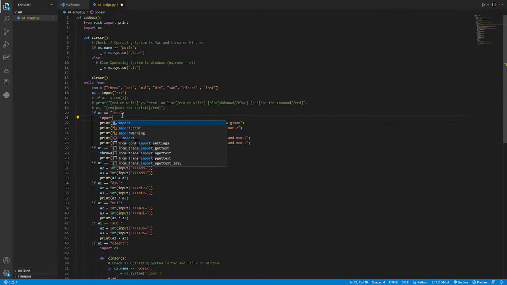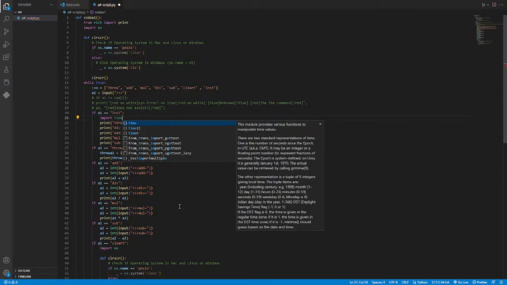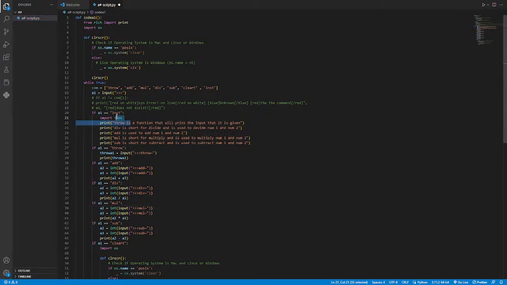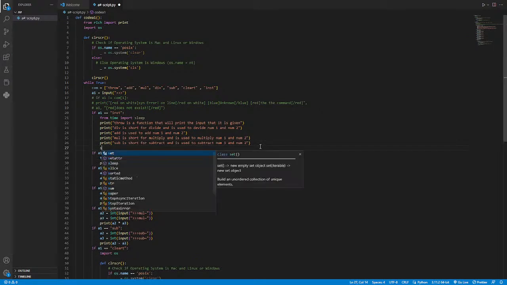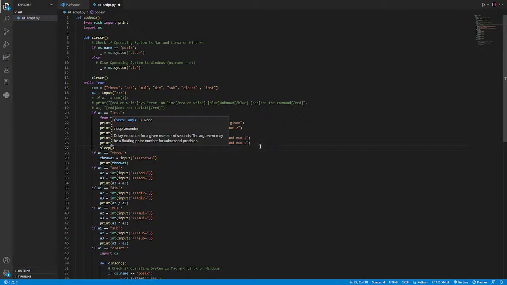If we import time, actually, we don't need to import the entire time module, we just need to import sleep, import from time, import sleep, and then we go sleep for right about 20 seconds. No, actually,